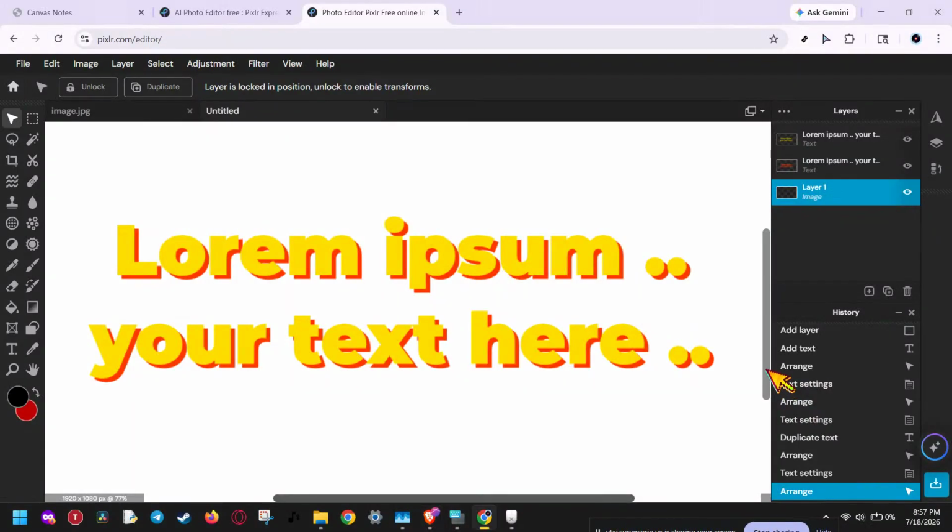Today, I'm going to show you how to import fonts into Pixlr, step by step, so you can quickly use your own custom typography in any project. This is super useful if you want your designs to look more unique, more branded, and a lot less like everyone else's. Whether you're making thumbnails, social media graphics, posters or logos, adding your own font can instantly improve the